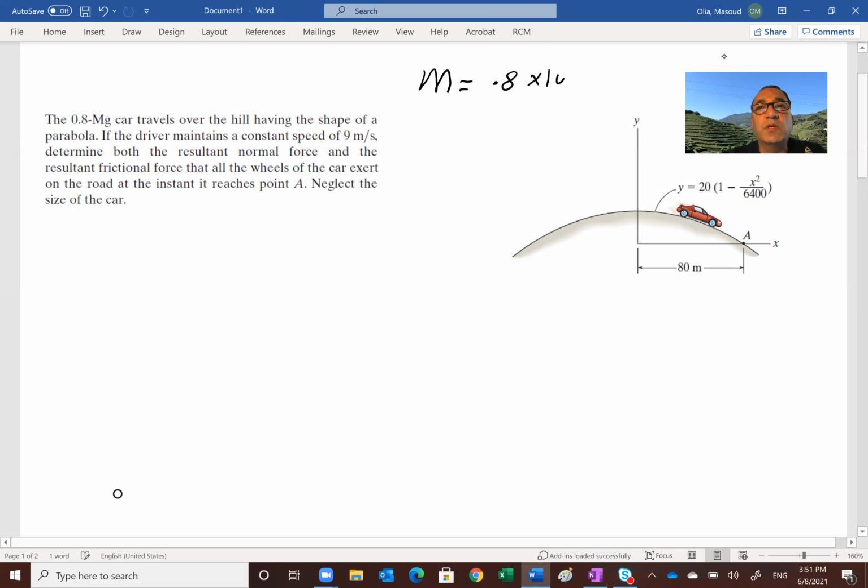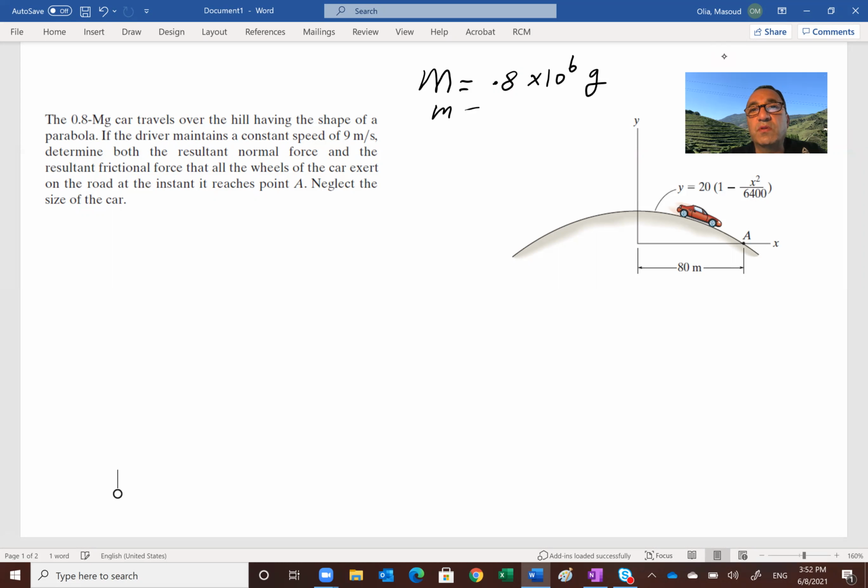That means 0.8 times 10 to the 6 grams, but we know 1,000 grams is 1 kilogram. So when you convert it to kilograms, and that's the way you want to have it, it would be 800 kilograms. It says it travels over the hill having a shape of a parabola. If the driver maintains a constant speed of 9 meters per second, so velocity is 9 meters per second and